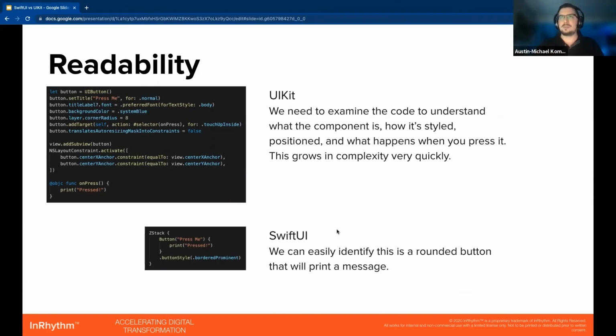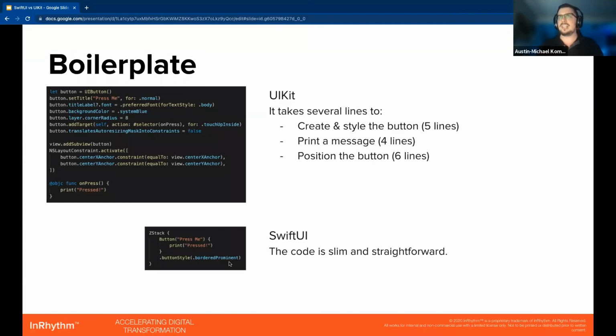So yeah, again, readability. In this case, we have to examine the code to understand what the component is, what it's doing, where it's positioned. Whereas here, we know exactly where it's positioned. We know what it's doing and we know what it looks like. It's super, super simple. When it comes to boilerplate code, again, SwiftUI takes the award here because UIKit, just creating